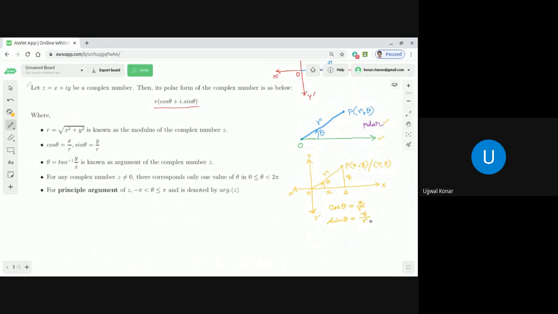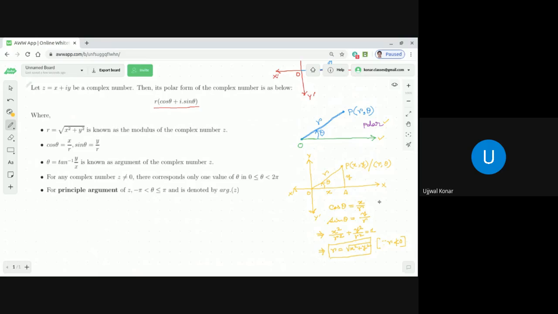And we know sin square theta plus cos square theta is equal to 1. So from here, we get x square by r square plus y square by r square is equal to 1. So r is equal to the positive square root of x square plus y square. We are not considering the negative one, because r cannot be less than 0, as it is the length of that line segment, OP. So this is r, r in terms of x and y, and also cos theta is equal to x by r and sin theta is equal to y by r.